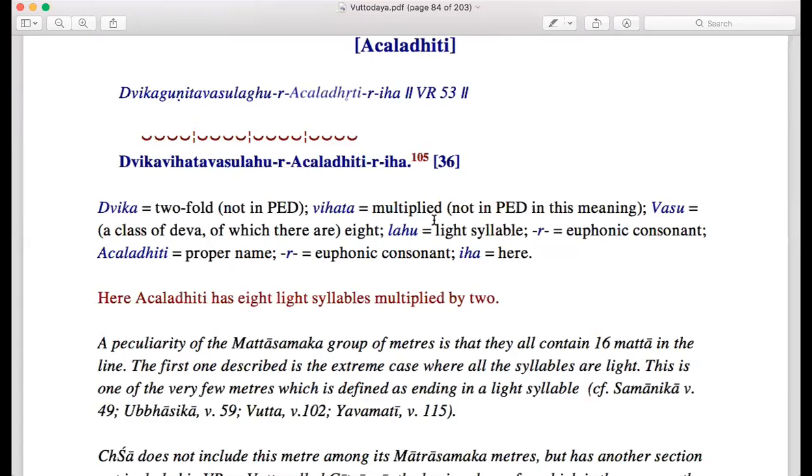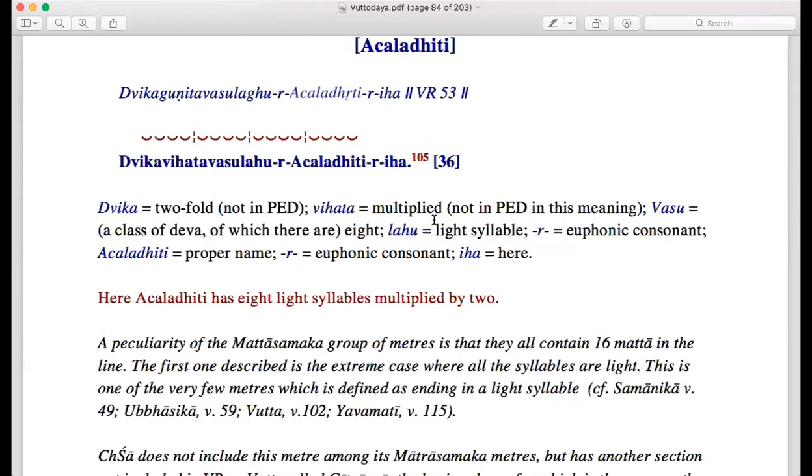So in grammar there are rules. So we have to learn the grammatical rules when you insert the letters. For example, puna agamo. Let's say puna and agamo. The word puna is there, and then the second word is agamo, like coming again. Puna agamo. So there is a grammatical rule.